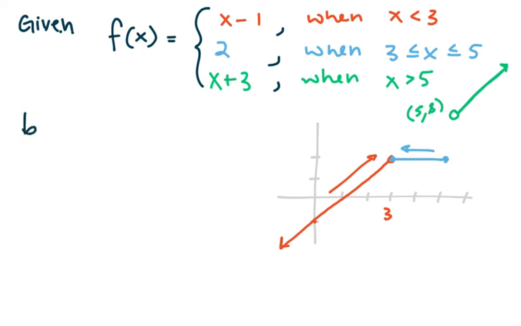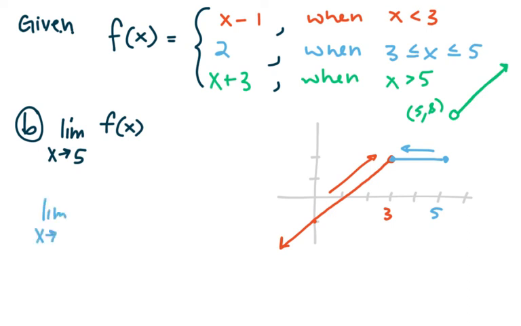Let's do a second problem with this same piecewise function. So if we look at the limit as x approaches 5 of the function f of x, well, what happens at 5? When we come in here and look at 5, we can see that the left and right are not matching up. They're not forming a continuous flowing line. What is the limit